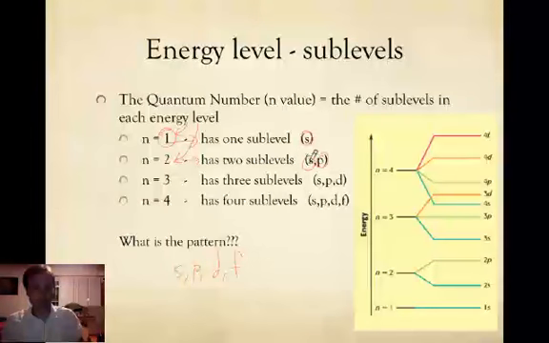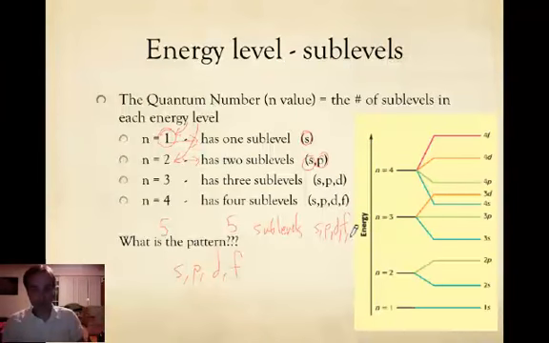It doesn't matter whether you're in 2, 3, or 4. S is always the first sublevel. P is always the second sublevel, D is always the third, and F is always the fourth. So if you went to energy level 5, you would have 5 sublevels, right? And they would be S, P, D, F, and then the letter that corresponds to the 5th sublevel that you